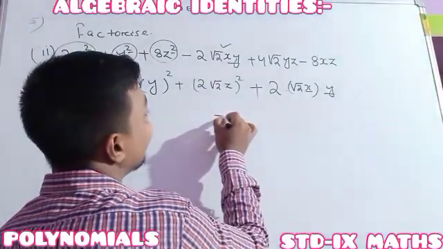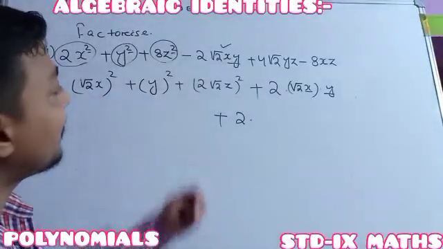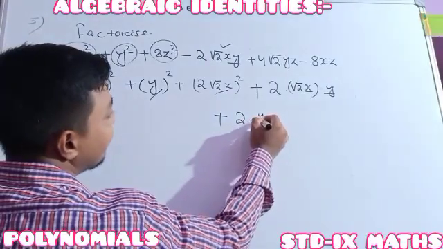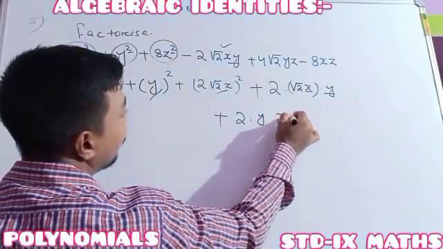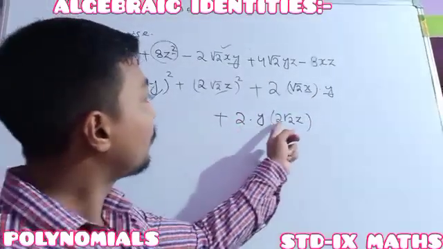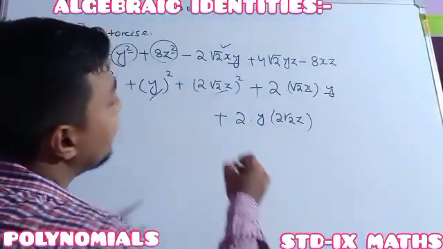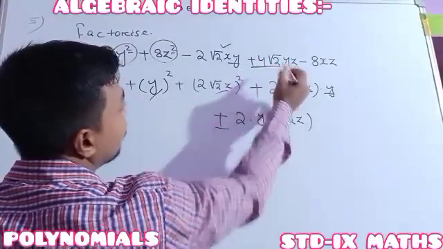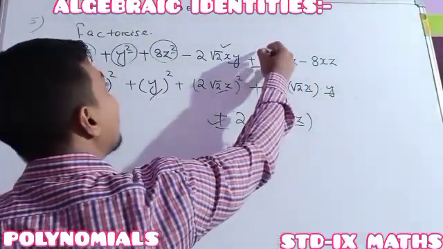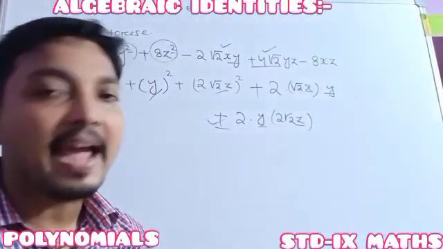Okay. And the next one, see, 2 into product of these two. Then after 2 into product of this one and this one, second and third. Second one it is this one, third one it is our 2 root 2 z. See, 2 root 2, it means 2 into 2 is 4 root 2, 4 root 2, here it is 4 root 2, here it is plus 4 root 2, here it is also plus 4 root 2. Here it is yz, here it is also yz. So it means this one is perfectly matching. Number and variable along with the sign are also matching.